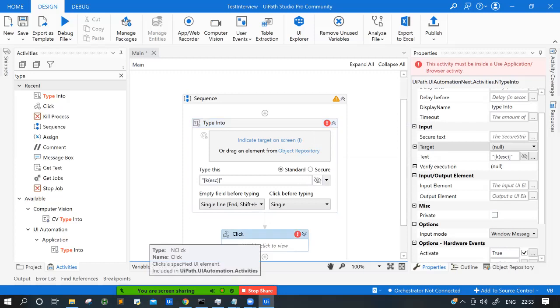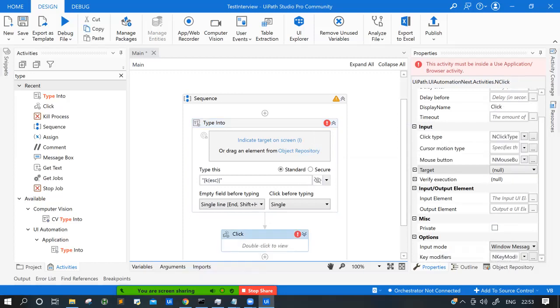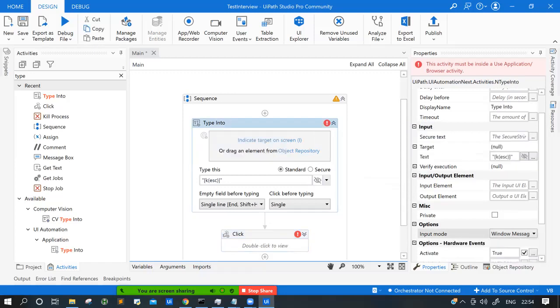If you click on Click, here also you will get timeout, and here also you will get input method. So this is a generic property which almost all activities have. Another question is: what is timeout? First, tell them that timeout is the default time for an activity to perform some task. For example, by default it is 30 seconds.